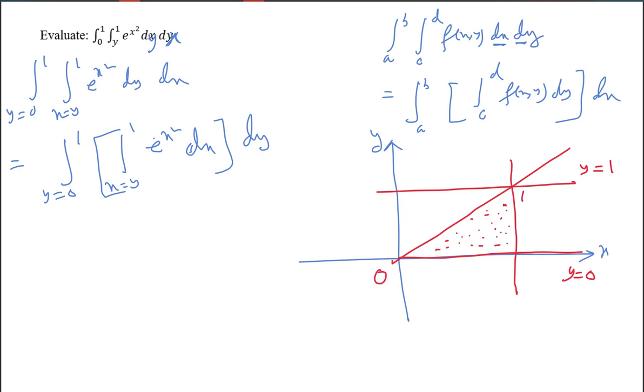So first, given y is equal to 0 to 1, this one is 1, this one also 1. So y is varying from 0 to 1 and x varying from this line to this line, that is from x equal to y to this line. I can write